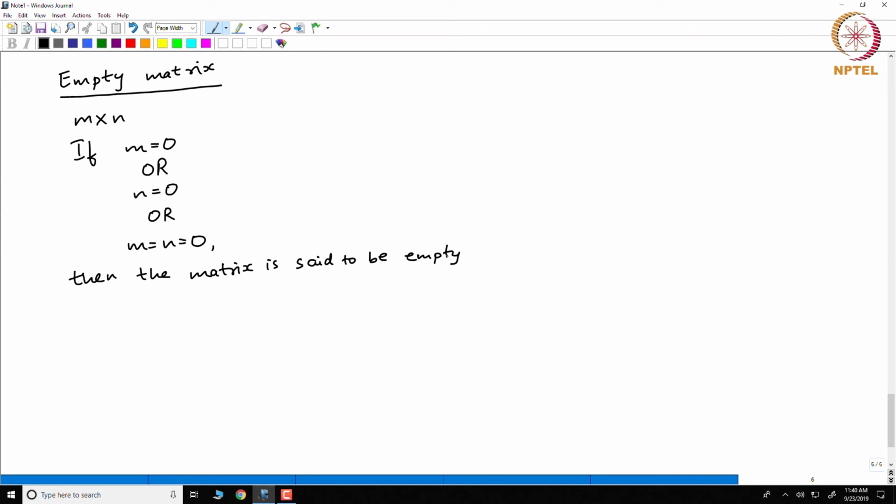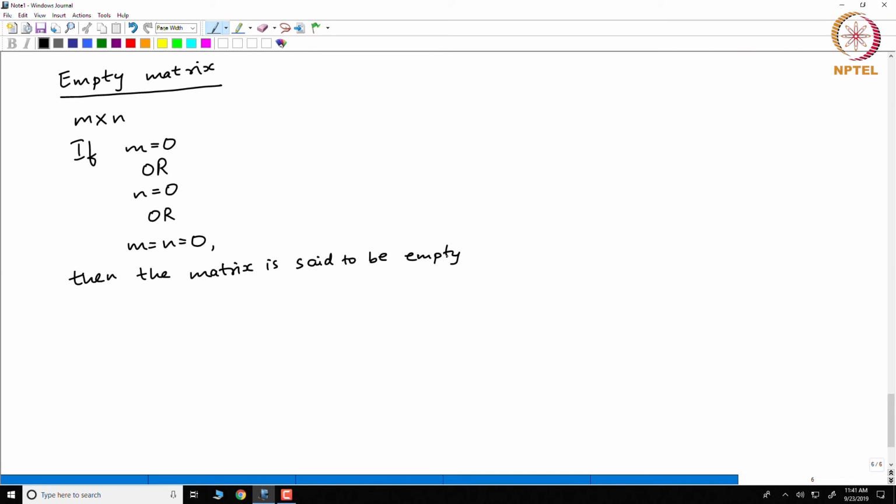Now, at this stage, it's not clear what is the difference between a matrix which has 0 rows and 1 column, and one with 0 rows and 0 columns. It becomes clear only when we consider some special cases. So right now we will just accept that the number of rows can be 0, or the number of columns can be 0, and both can also be 0. Everything is possible.